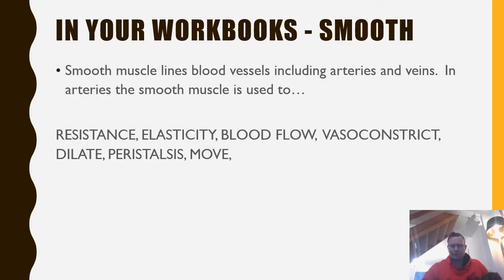So now, your next job, Gigi's going to set it. Your next job is now to go to your workbooks and create your explanation of smooth muscle. So in your explanation of smooth muscle, you're going to use each of these words. You can use my lead-in phrase here. Smooth muscle lines blood vessels, including arteries and veins. In arteries, smooth muscle is used to... And I want you to include these words: resistance, elasticity, blood flow, vasoconstrict, dilate,